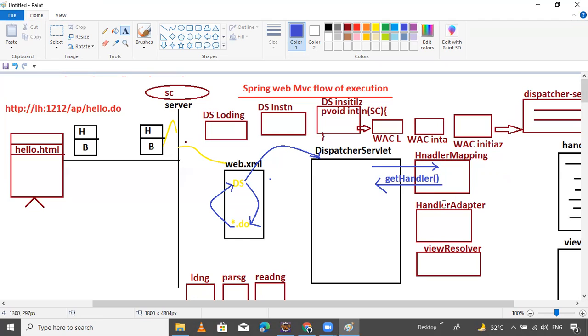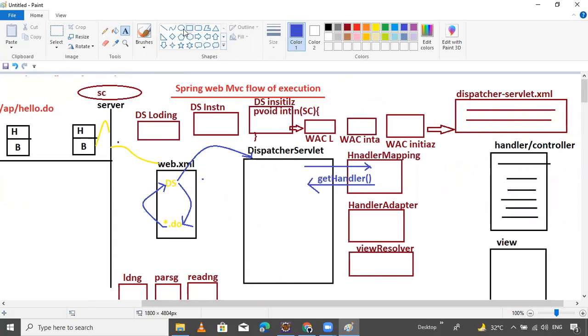Then the handler mapping will identify the respective handler object and its configured interceptors. Here you can provide the interceptors also. Interceptors are nothing but just filters.